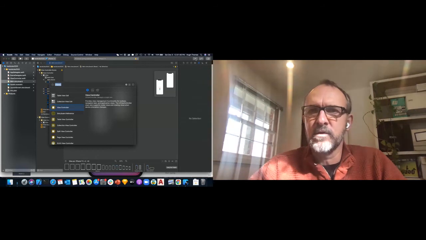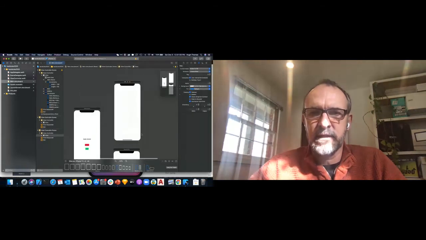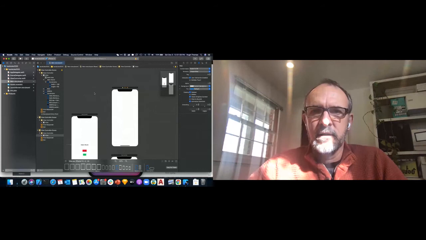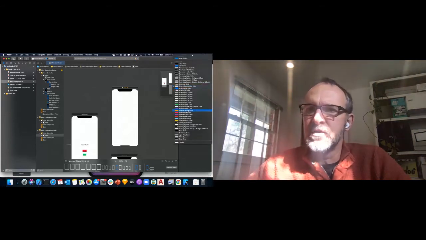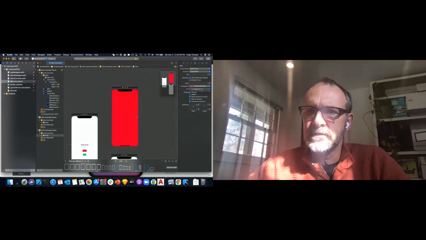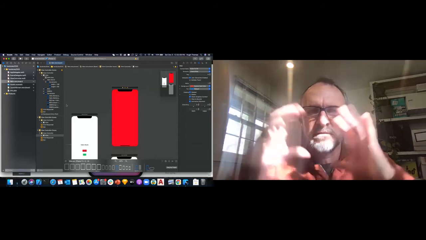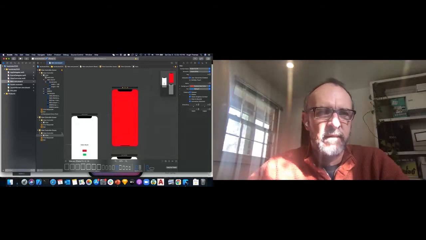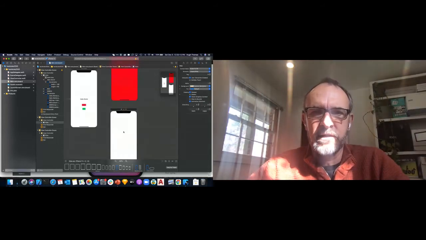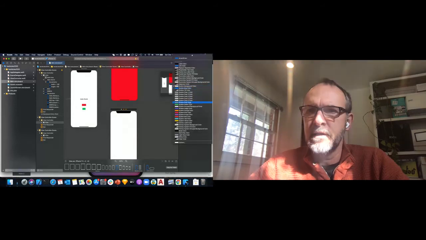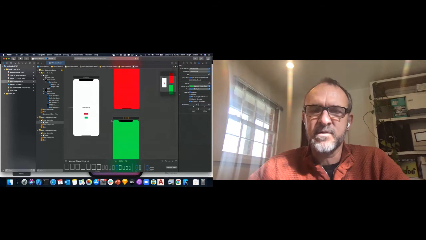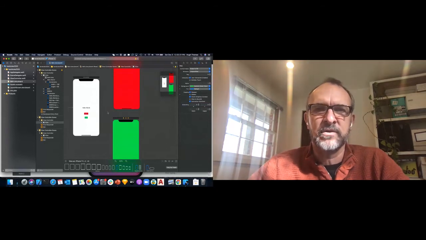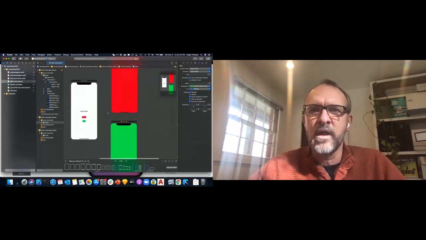Okay, the second view controller, I'm going to go back and zoom in on a little bit. And just so we know what we're doing, I'm going to make that object red. Okay, so the view now, the kind of master view of that view controller, I've chosen to make red, and the next one I'm going to make green. Okay, so we've now got 3 view controllers in our application, but currently there's no way of connecting those things